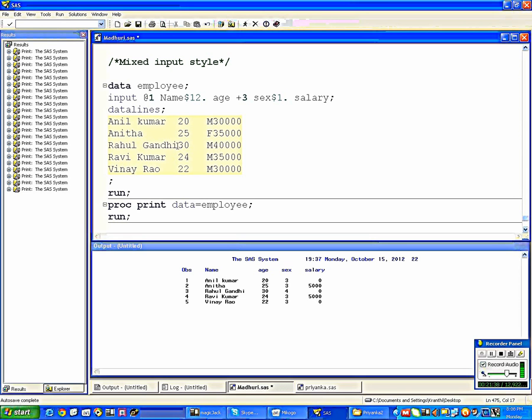See, name 12 means started at 1 and up to 12 it is taking the name. Then later we have given it age. What is the length of the age? 8, right? So it will read the 1, 2, 3, 4, 5, 6, 7, 8 like this. It will take up to the 8 for the age. Because it will take only the existing only. Then after that there are 3 spaces. I think it is better not to give it plus 3. It will take this one and 6, 1.